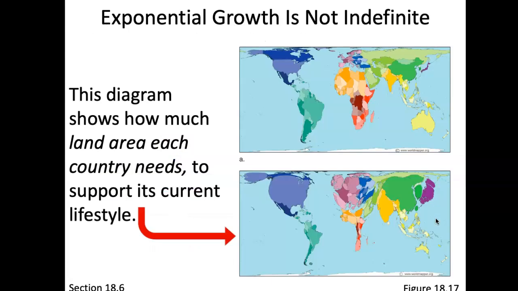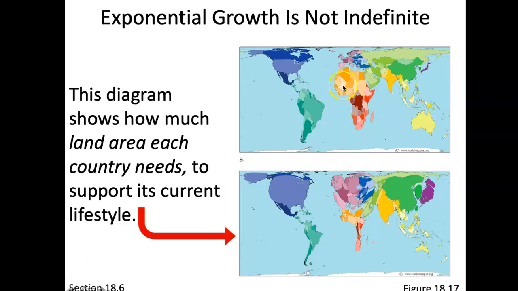So another issue that we want to look at is how much land area do you need to support that many people, and to support that many people in the lifestyle that they currently have. And you keep having children. So when you look at a map like this, this is kind of what the map should look like. And then you look at the United States here, sort of bloated. The reason it's bloated is because we need more land mass. We actually need to expand that to support our population and the lifestyle that population has or expects to have.